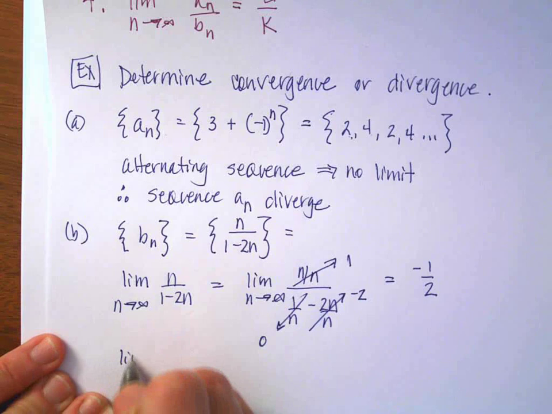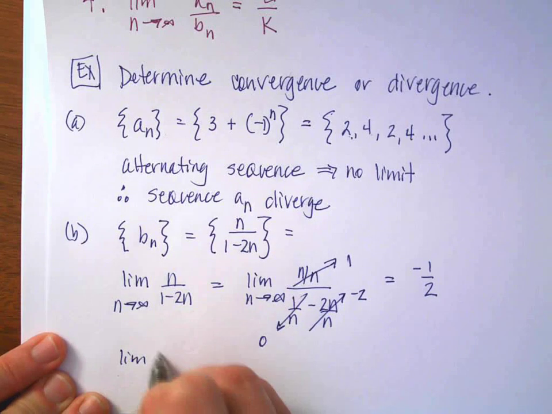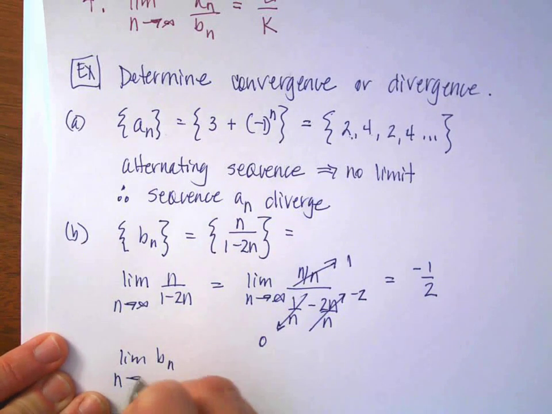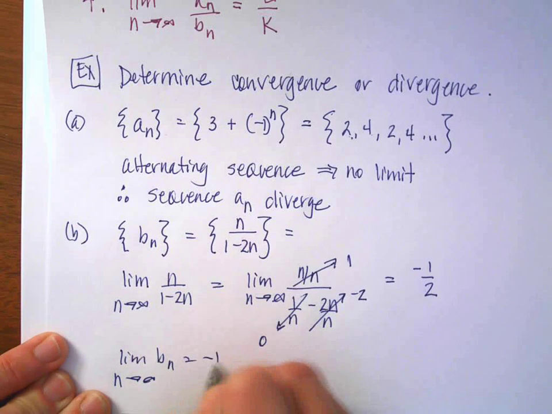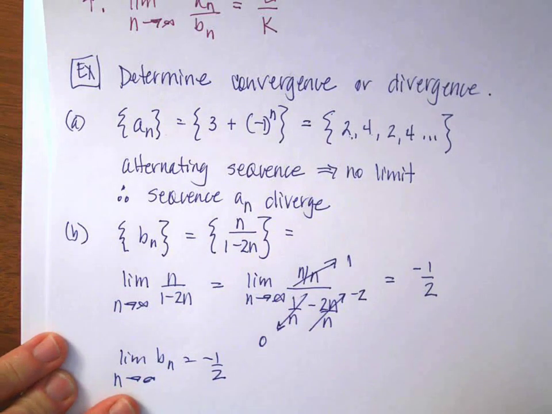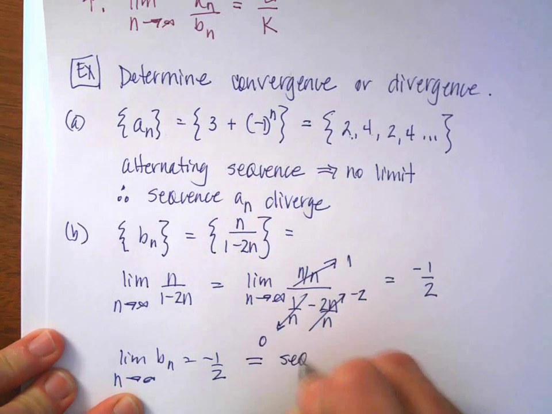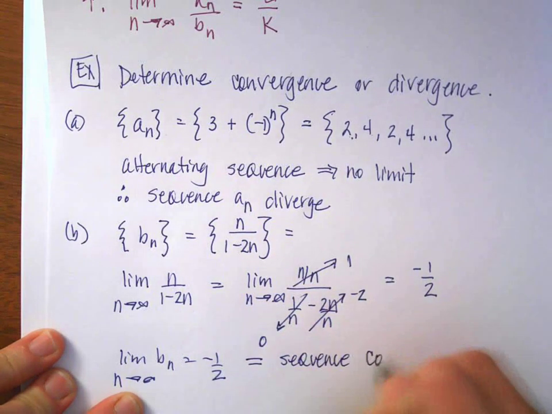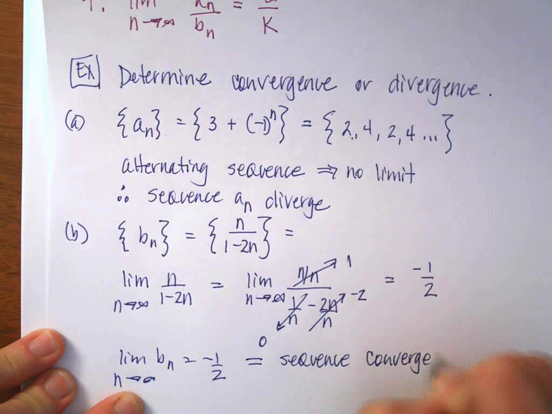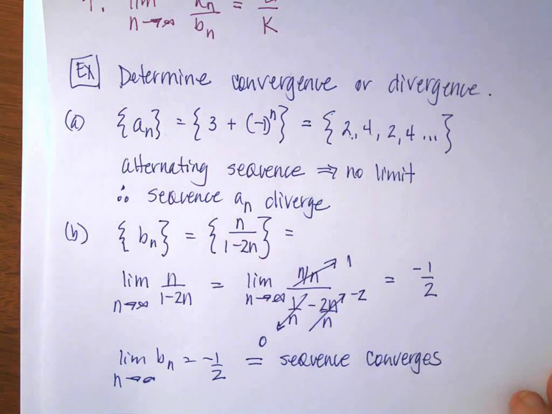And since the limit of the sequence, I'm going to call b sub n as n approaches infinity, is a negative 1/2, since it approaches a specific value, then we would say that the sequence converges. We're going to be using these words a lot in this chapter when we're talking about either convergence or divergence. All right, so the next example that I want to do, same basic process, let me pull my paper